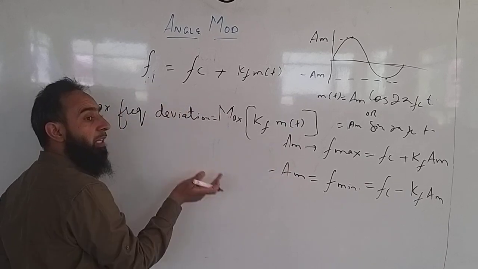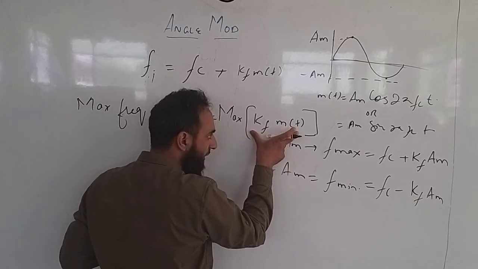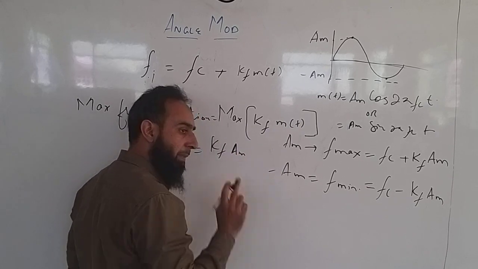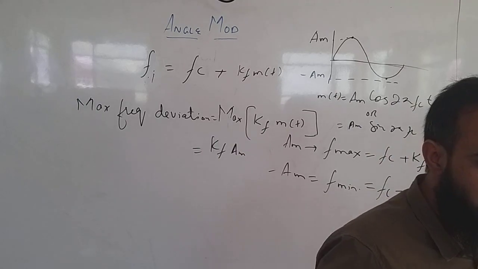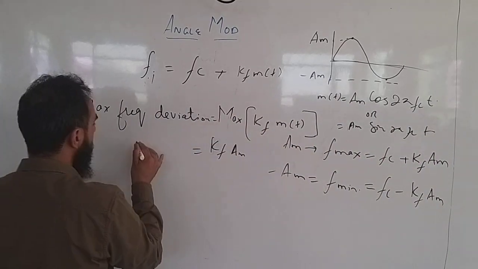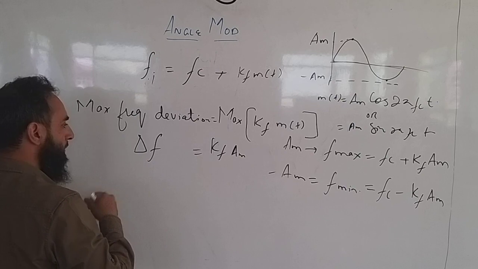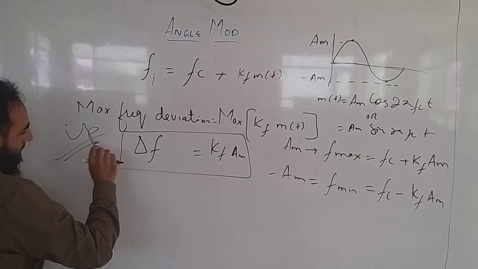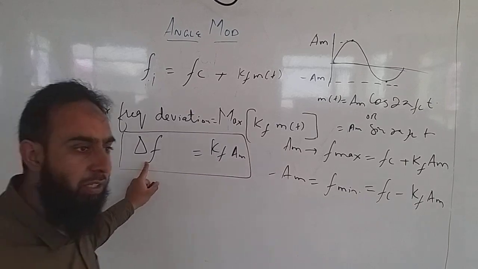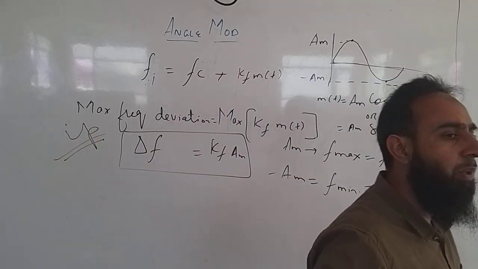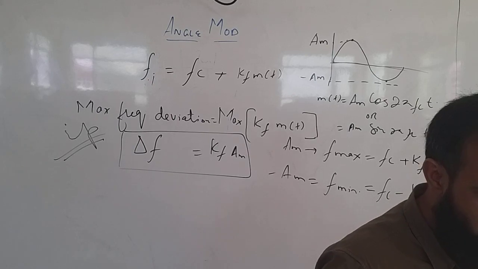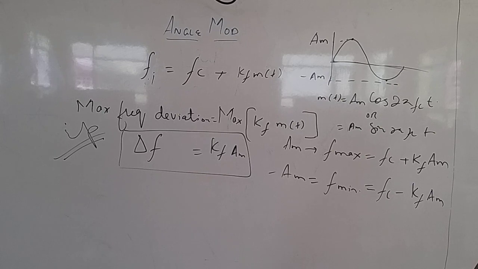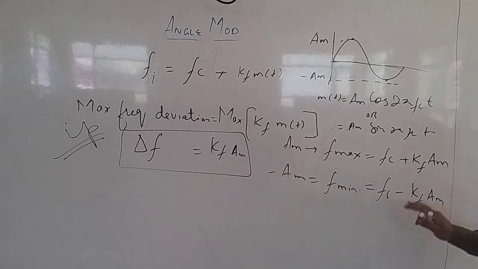F max will depend on maximum of Kf m of t, which is nothing but KfAm. So maximum value उसका Am है. Therefore, frequency deviation is given by delta F. ये आप एक्सप्रेशन याद रखेंगे, बहुत इंपॉर्टेंट एक्सप्रेशन है आपका. Frequency deviation for an FM signal is equal to KfAm, and this one also. Therefore, F max